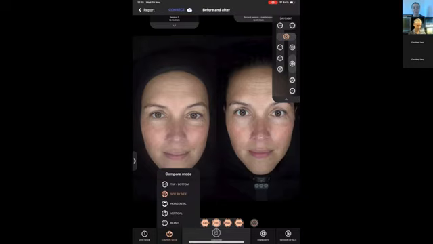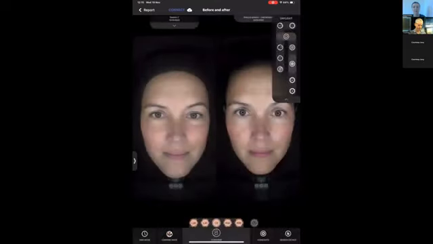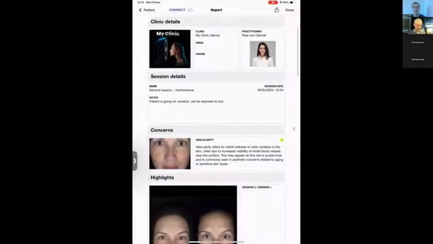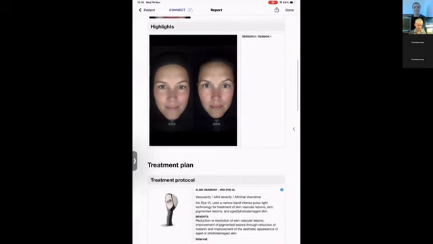What we do now is select highlights on the bottom. And now you can just do save to report. Once you click save to report, automatically this image that you took will appear right here on the report. So it's important to remember this. I think it's always important to have before and afters in the report because it helps convince the patient that this treatment that they've done is working. Of course, if they already had the treatment and have a before image. So this is the report, and I showed you how to customize the